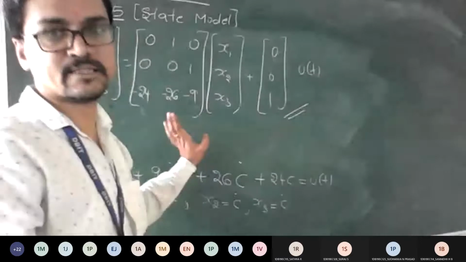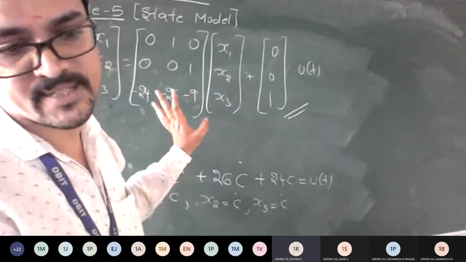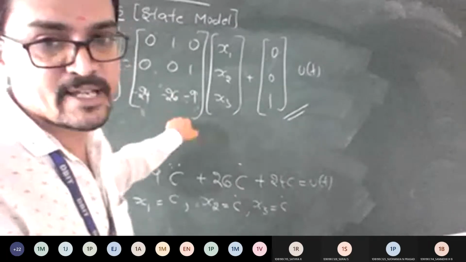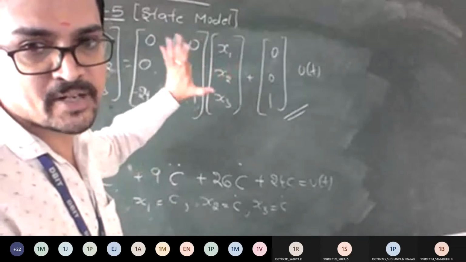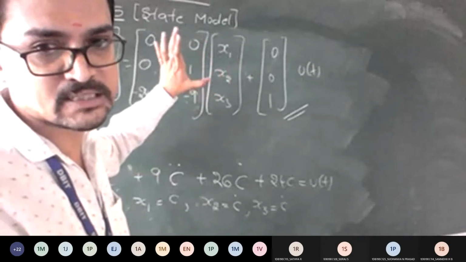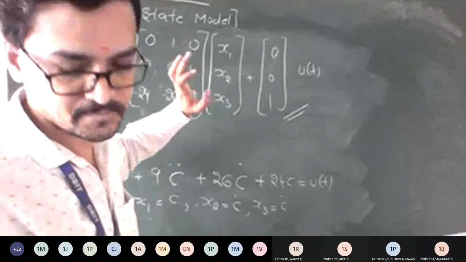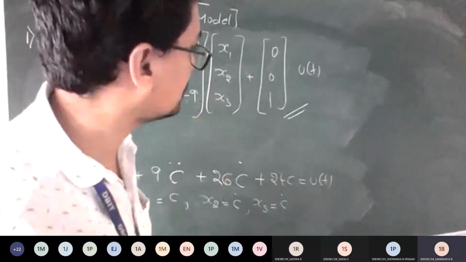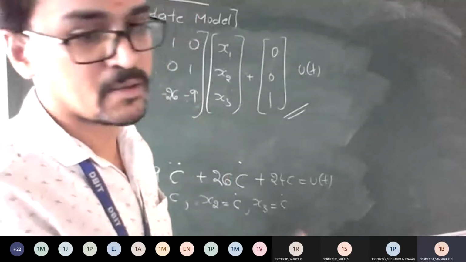So any doubts, anyone till this step? Okay to everyone? So this is the form x dot of t is equal to A x of t plus B u of t. I hope everyone understood the logic of how to solve such type of problem till here. Shall I proceed? Yes, sir. Good. Now, minus 1.